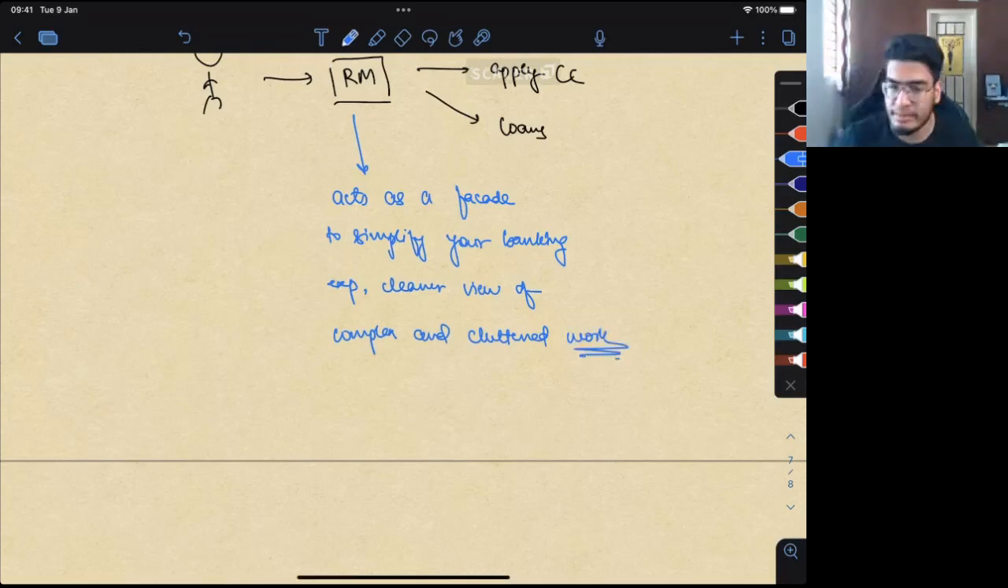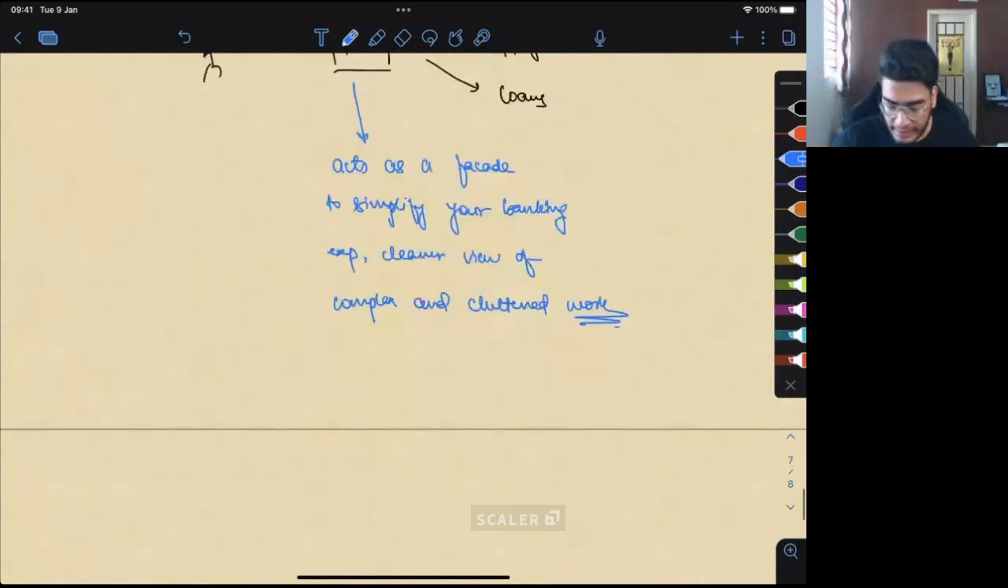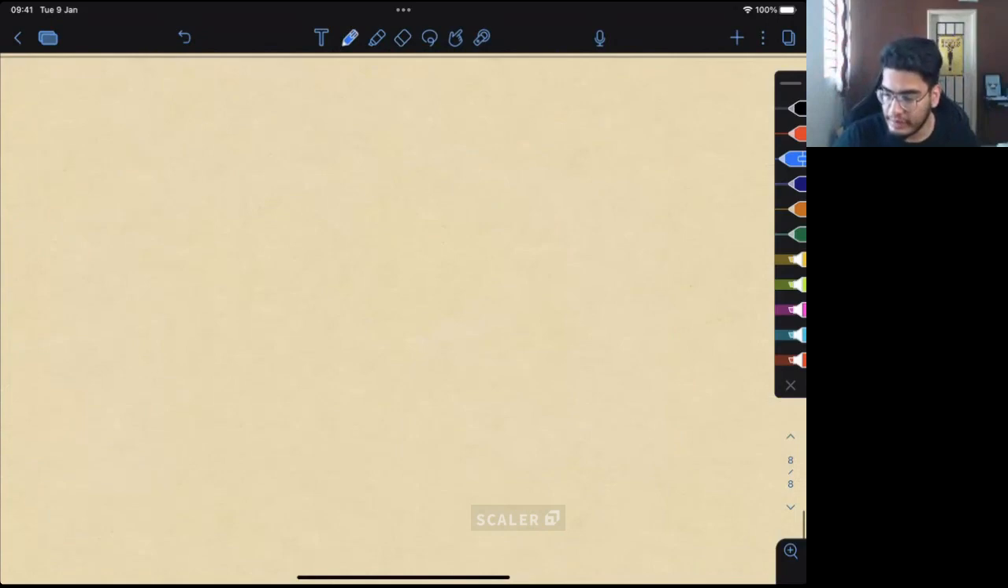Does this make sense, everyone? Yes, no? So are you clear with the concept of facade, everyone? What is a facade? Are you clear with the concept of that? Yeah, Naveen. Well said. Correct. Okay. Now,